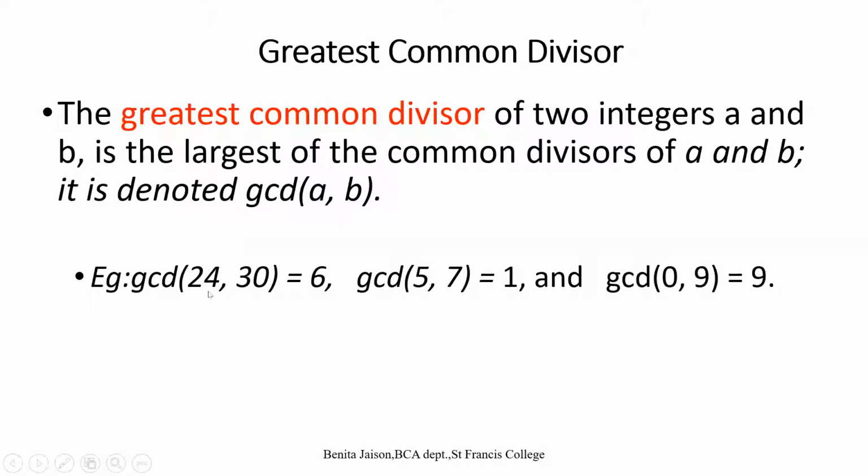So if 24 and 30, you will have to find the common divisors for 24 and 30. So there will be a list of numbers which can divide both. When we consider 24 alone, you can divide by 2, you can divide by 4. It is completely divisible by 4. It is completely divisible by 6. It is completely divisible by 12, right? Then similarly for 30 also, we know it is completely divisible by 3, 10, 5, 6 and all. So among this, you have to find the greatest common divisor of 24 and 30, the highest number, right?